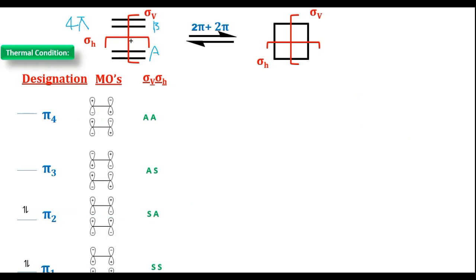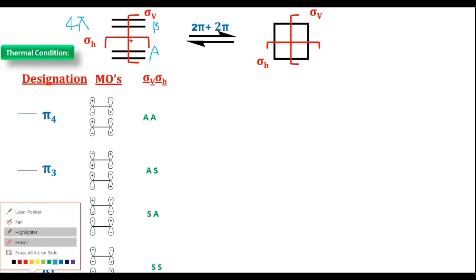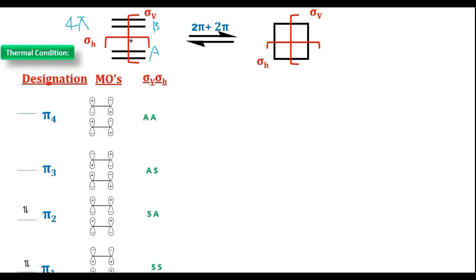Before discussing the molecular orbitals of the product, you see here that the 2 pi bonds are converted into 2 sigma bonds. For 2 pi bonds we got 4 molecular orbitals. For 2 sigma bonds we are also going to have 4 molecular orbitals. Of those 4 molecular orbitals, 2 are sigma 1 and sigma 2. These are bonding molecular orbitals. Both the sigmas are bonding molecular orbitals. The remaining 2 are sigma 3 and sigma 4. These are called anti-bonding molecular orbitals.